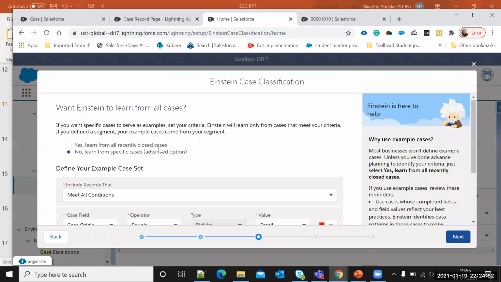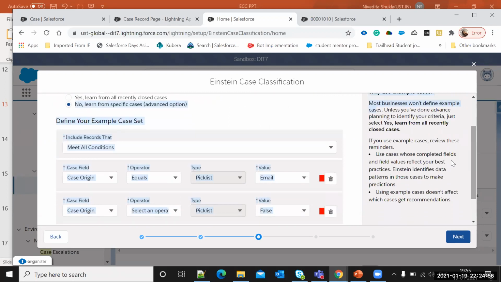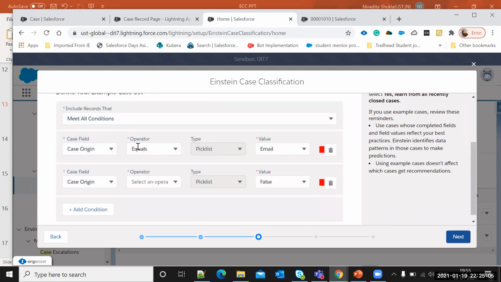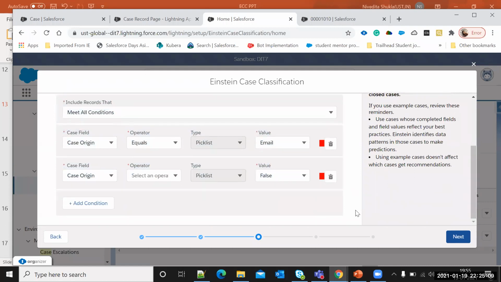I don't want it to learn from all the closed cases. I want the model to learn from a segment of the cases based on the below conditions. So here also I have given where origin is email and it is not blank, then only go and check it. One thing to observe over here: this is mandatory, but you'll see nothing has been selected.